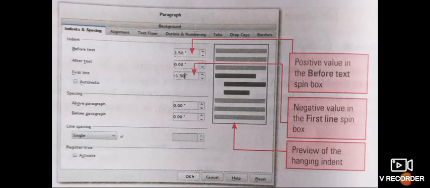If we decrease the value, the space between the margin and the text decreases. Before indent is used on the left side of the text, before the text. After indent is used on the right side, after the text, in between the text and the right margin.